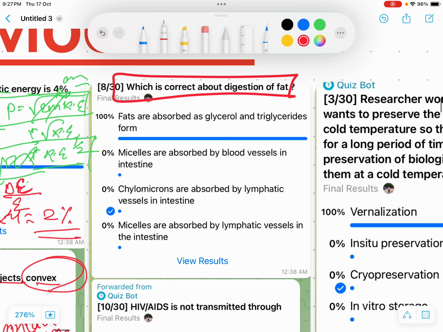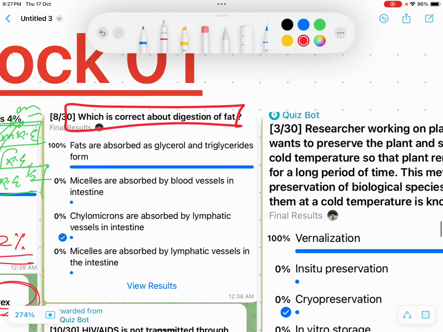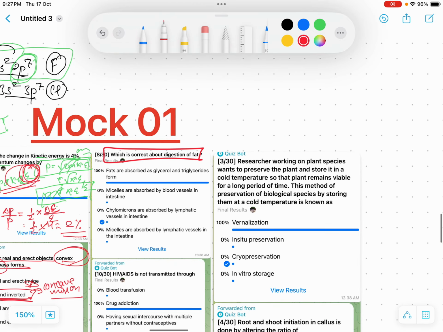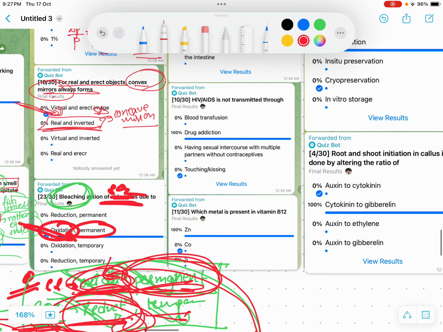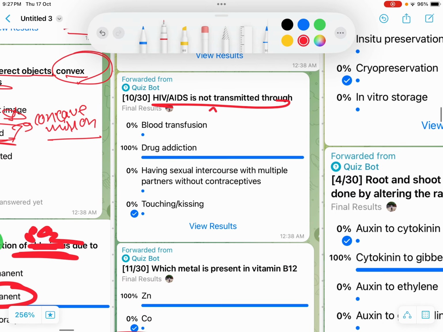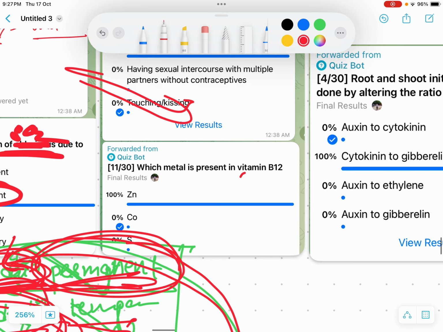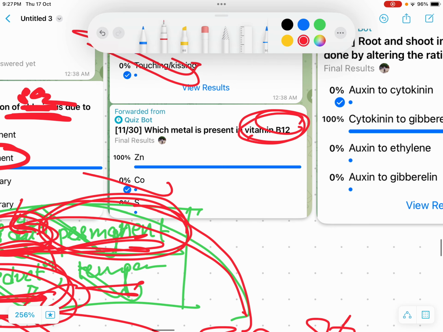Now which is correct about digestion of fat? सो फैट का डाइजेशन। भाई मैं लुल्लू सा क्वेश्चन कर देता हूँ पहले। HIV एड्स इज नॉट ट्रांसमिट भाई, ये तो ठीक है भाई।